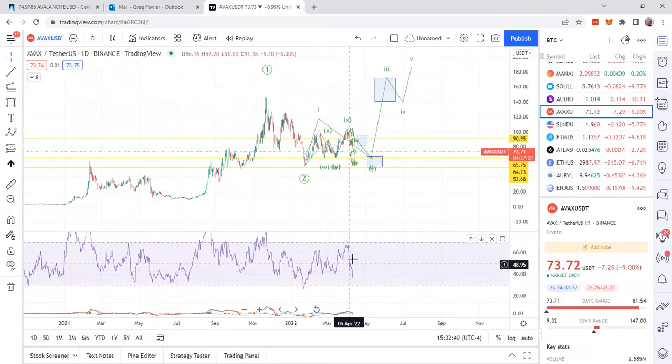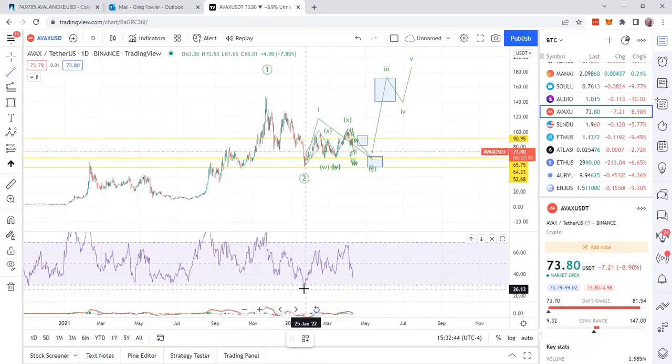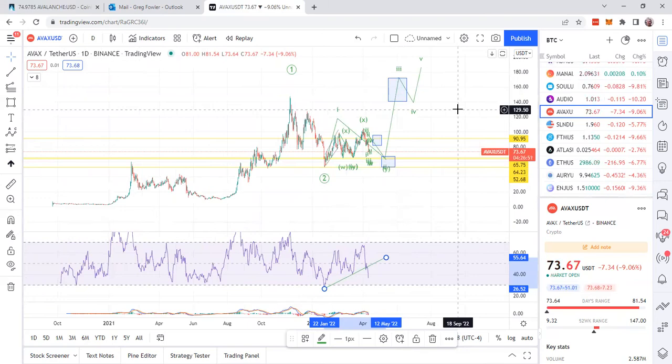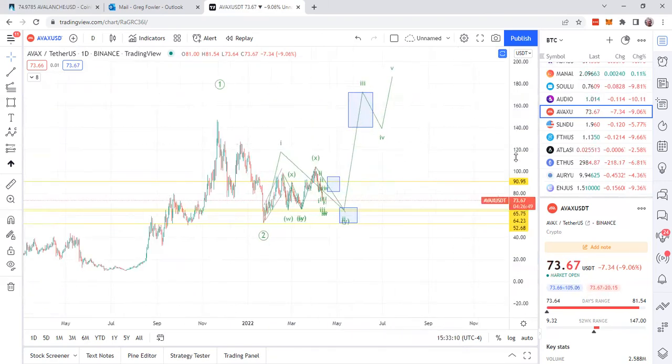You can see right here, just on the RSI, here was a little bit of its trend. It looked like it came down, did a little test of it, and it's going to come down. It might even come back up. So it's going to come back up and do a test, and then it'll come down in this area, which will be this target, the low area right in here, and then it'll be ready to run. So yeah, man, everything looks good so far in AVAX.